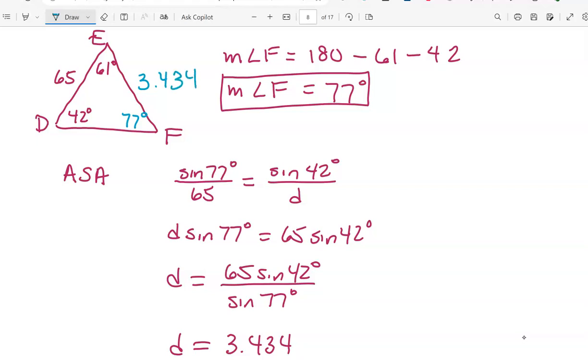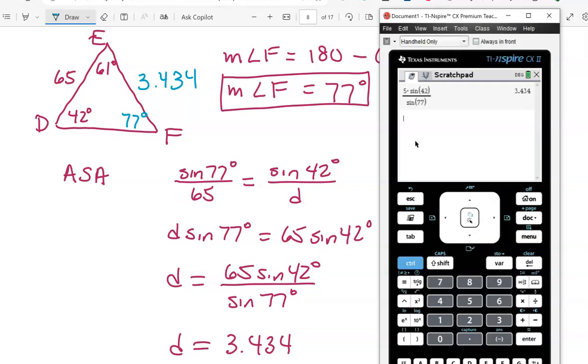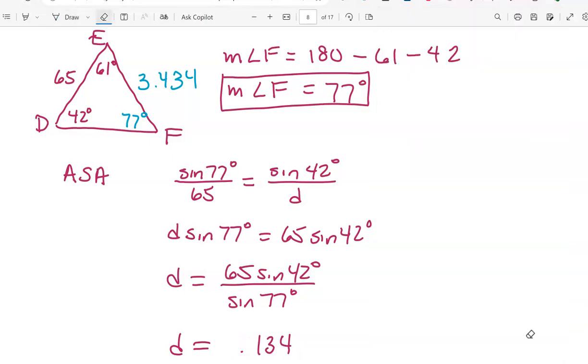And that side seems kind of small, so I'm going to look back at my calculator and make sure that I typed everything correctly. I actually didn't. So let's go up and edit that calculation. Why was I suspicious of that answer? Well, because one of the sides was measured 65, right? And so a side of 3 is probably pretty unlikely in that same triangle. So let's edit this calculation here